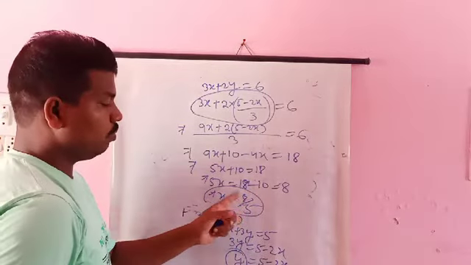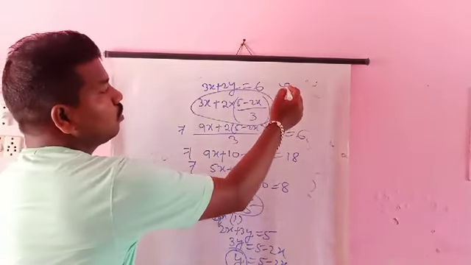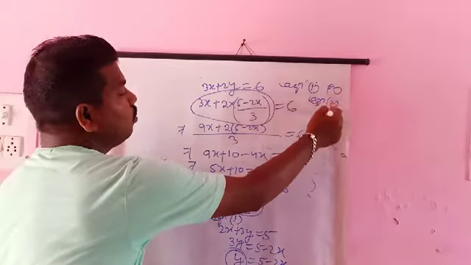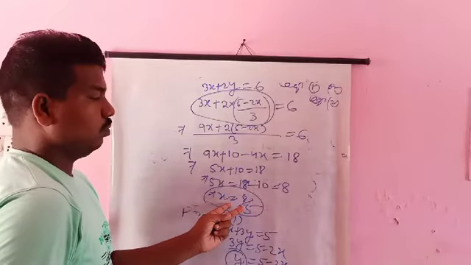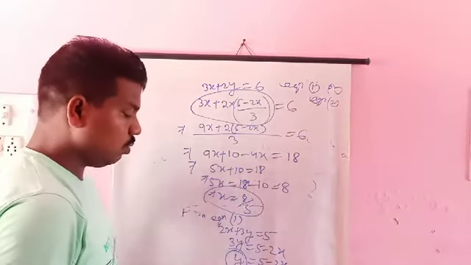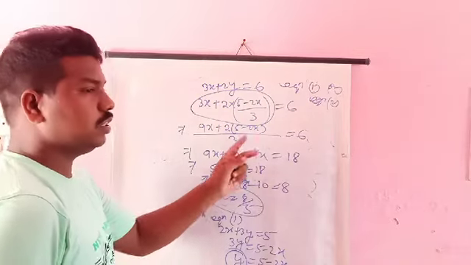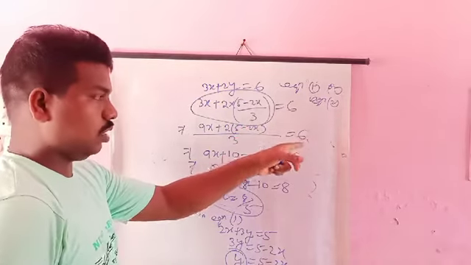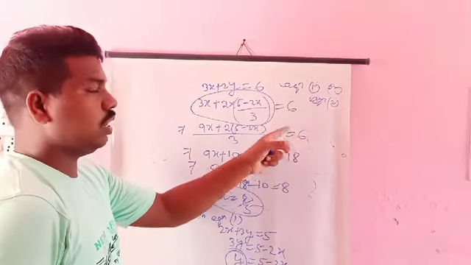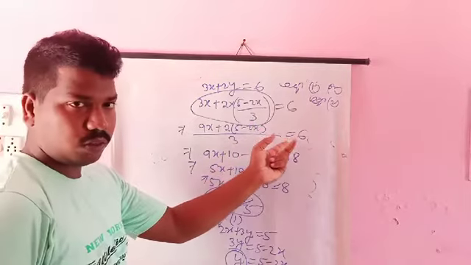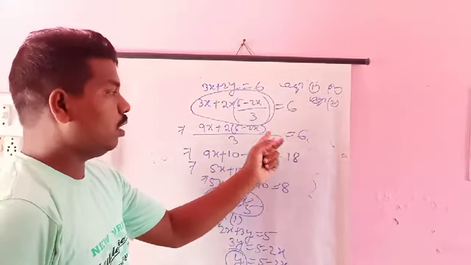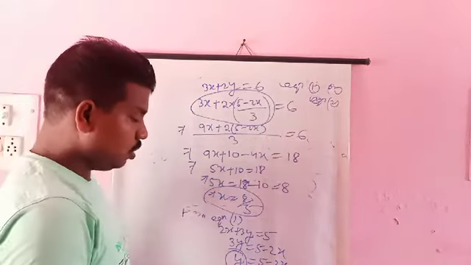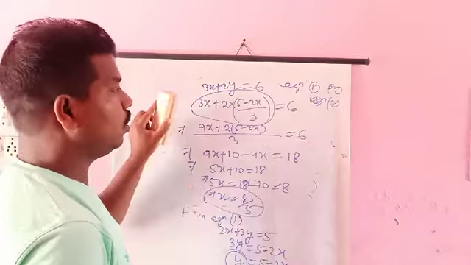Put the value of x equal to 8 by 5 in any equation, either in equation 1 or in equation 2, to find the value of y. So in this type we have to solve the substitution method problem. That means first we convert one variable in the form of another variable, x in y form or y in x form, from any equation. Then we substitute one variable value in any other equation, then find the other variable. So this is the method for finding the substitution method solution.